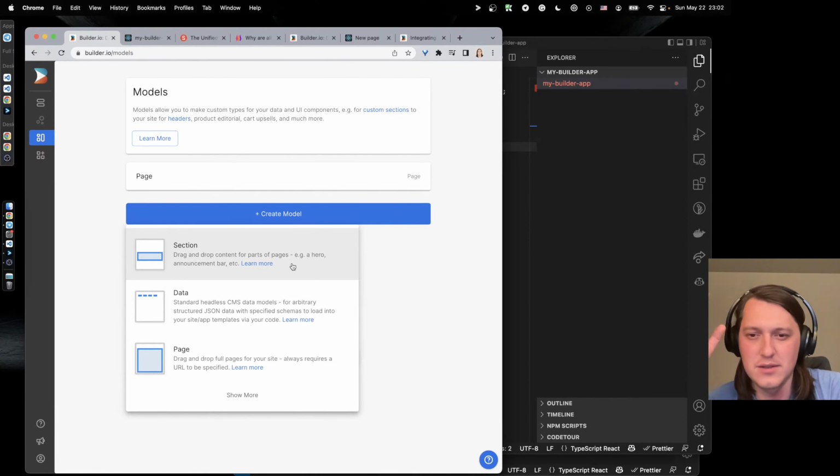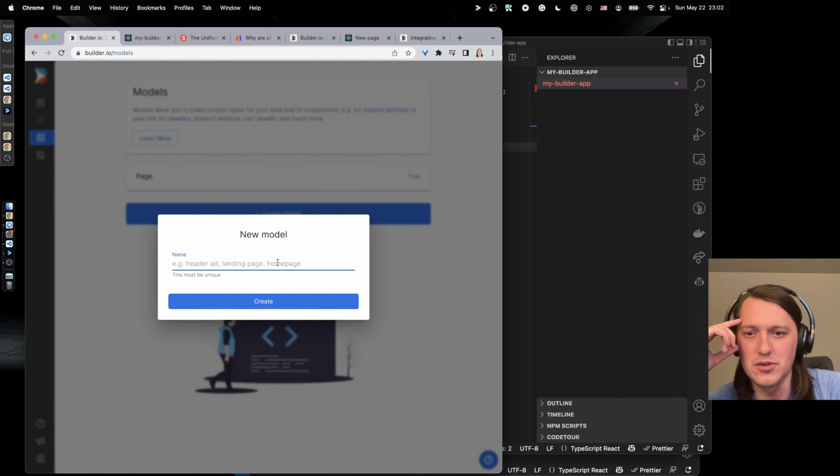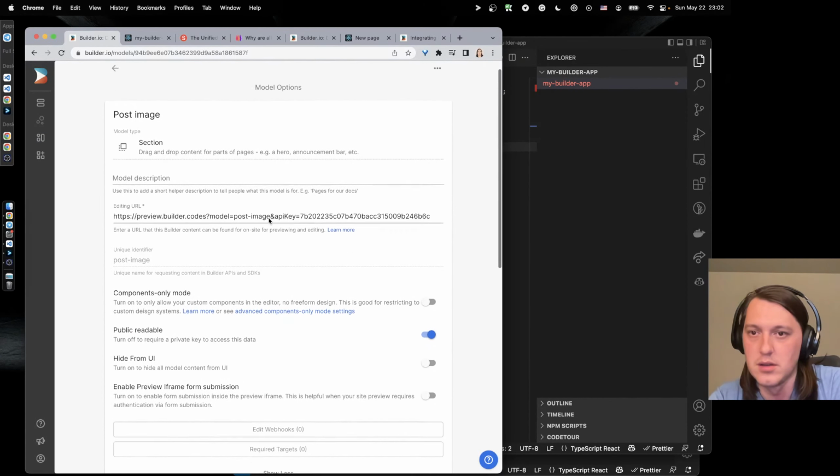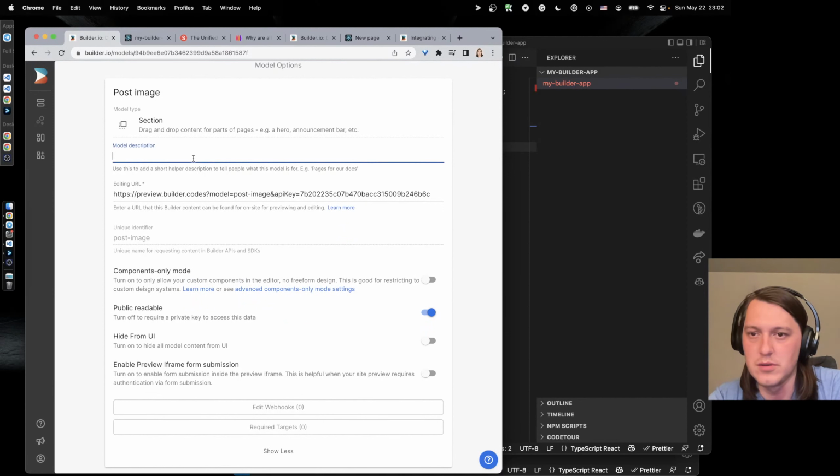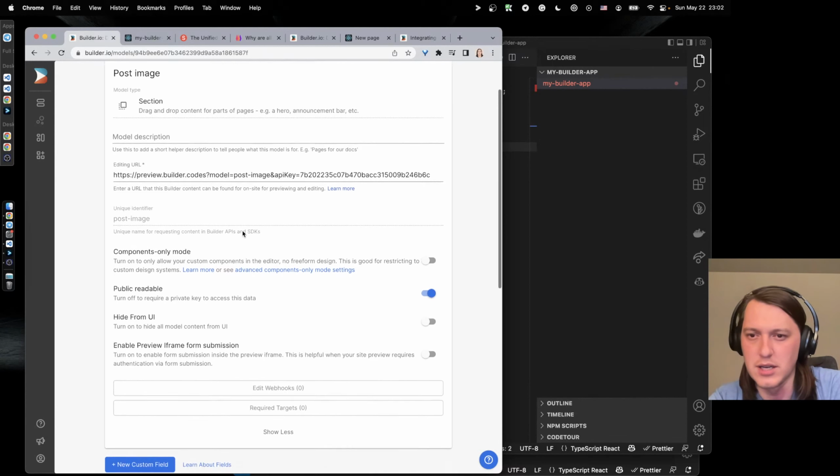Yeah, that's what I was going to try, just to use it, post image. Okay, so section, model description, editing URL, enter URL into builder content. Yeah, I don't know what that means.